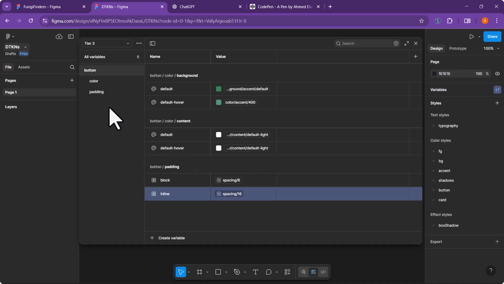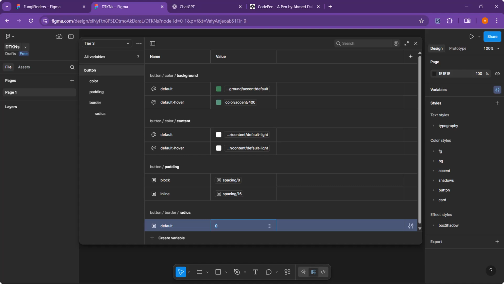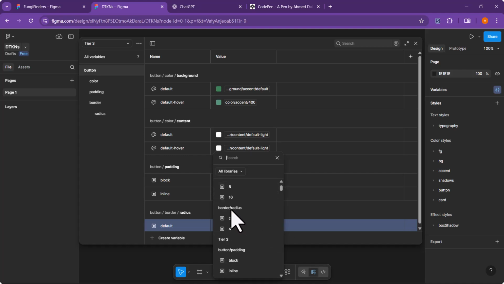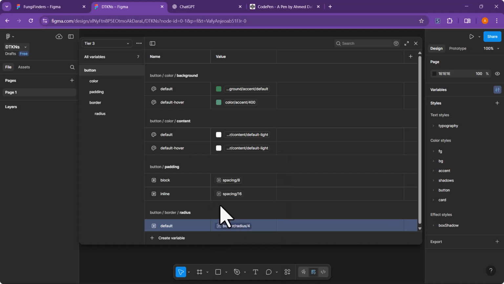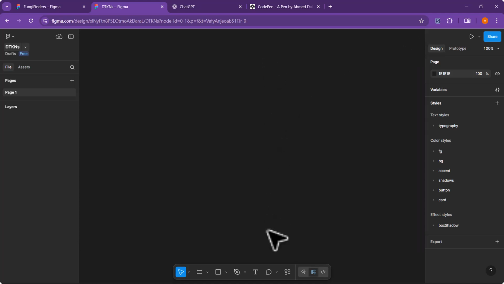Next, we need our button. You don't need to be clicking here. As long as it's highlighted, it's going to add it below. We're going to have our border radius. So borders have width also. So this would be border radius, and this would be the default for the button, I believe. And this is going to be connected to where we did our 0 and 4. So this is going to be the default. And I think we're done with our MVP.